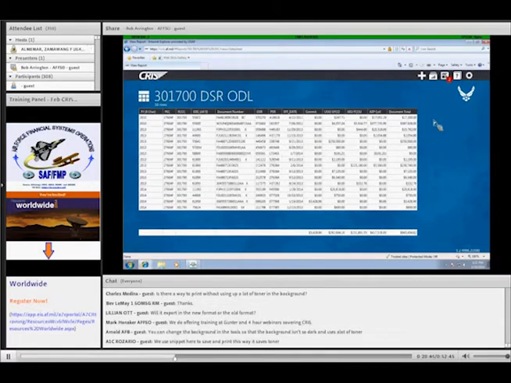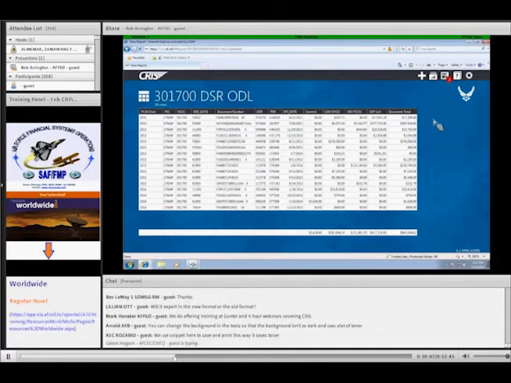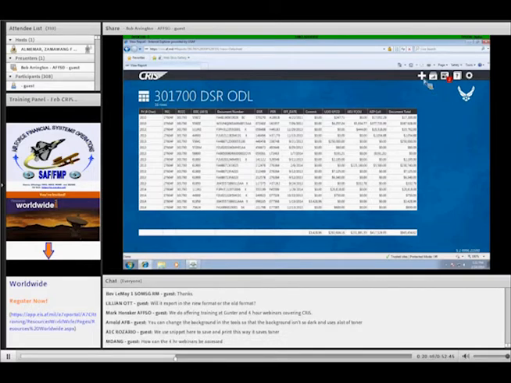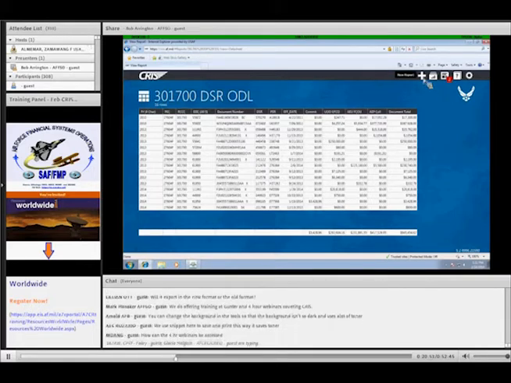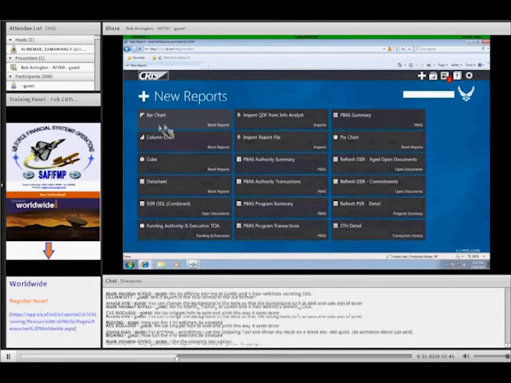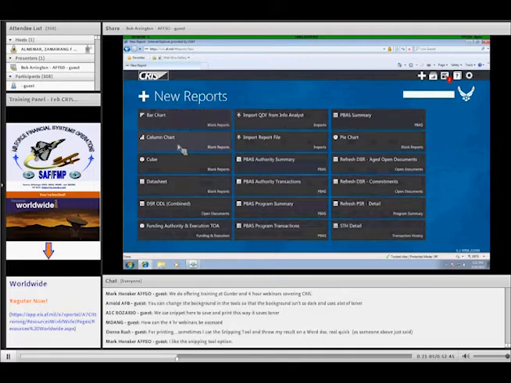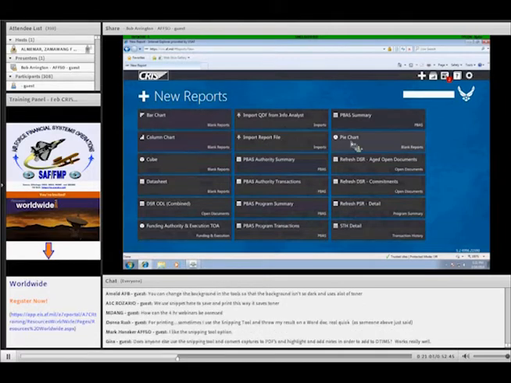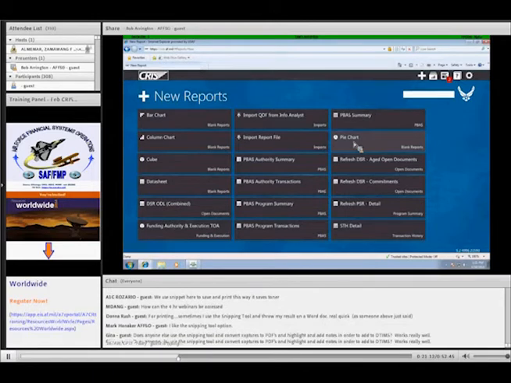You can start right off by building a graph. For example, I'm going to click the new report icon. I'm going to left click this little plus sign up there on the menu bar. And notice you have some graphing templates. There's bar chart, column chart. There's also a pie chart that's available in there. So if you know ahead of time that this is just going to be a graph or a chart of some kind, you could select that right from the start.